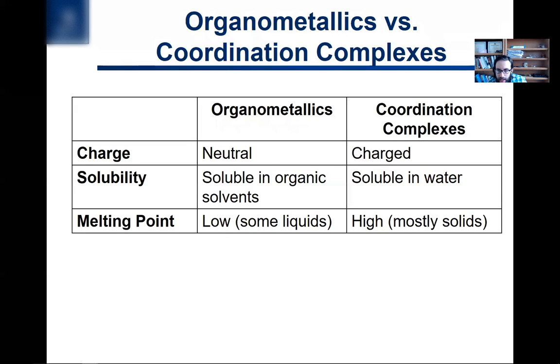All right, so in the next videos, basically what we're going to do is take a survey. This is kind of a survey chapter of the different ligands in organometallic chemistry, and we'll look at their bonding and some of the properties of their compounds, and make connections and look at trends and things like that.